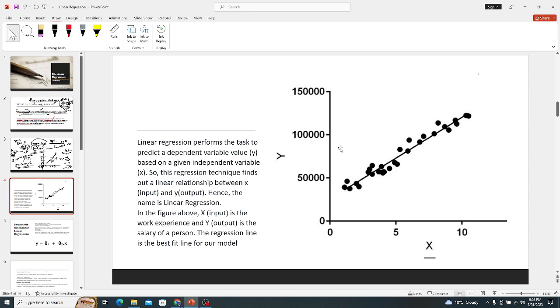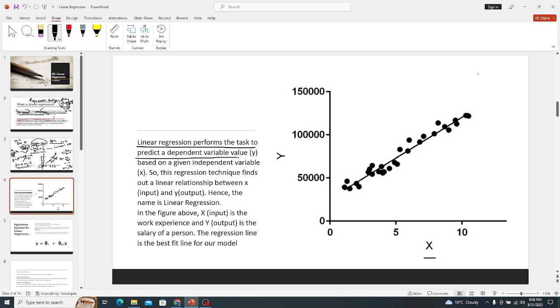Good. Now, as I have shown you the linear regression. Remember, this is drawing or presenting the data in what? In a linear format, or by using a straight regression line. Okay, good. So you can see that we are saying that linear regression performs the task to predict